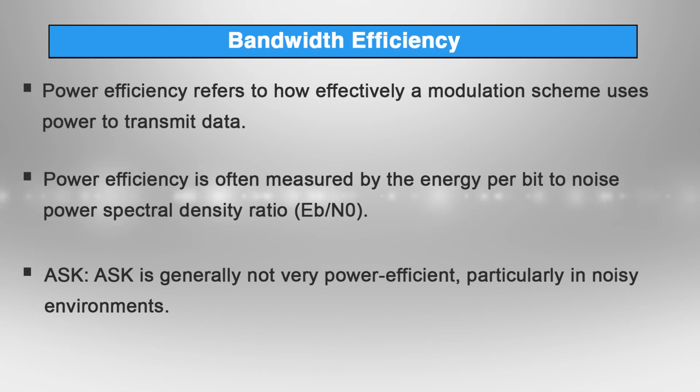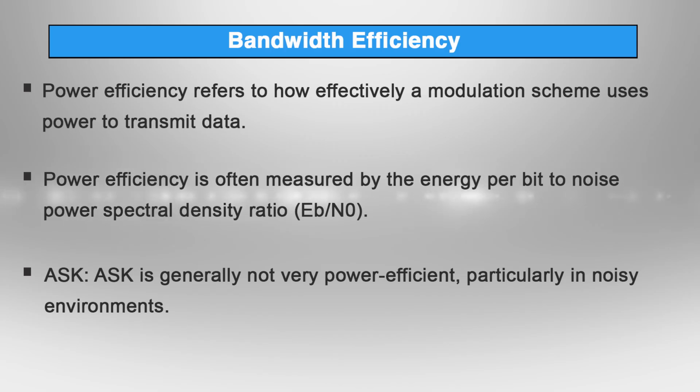However, ASK's performance can be adversely affected by noise, leading to potential increases in power consumption to maintain signal integrity. ASK is used in low power, low cost applications like RFID and infrared communication, where simplicity and cost